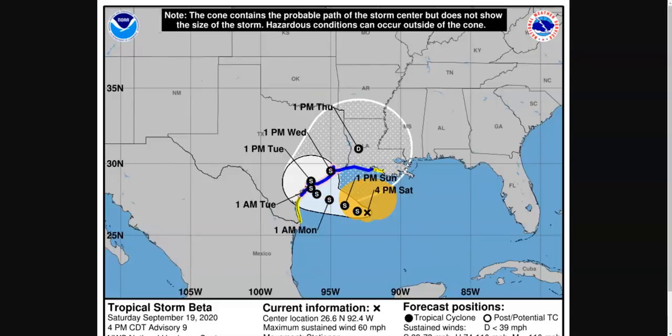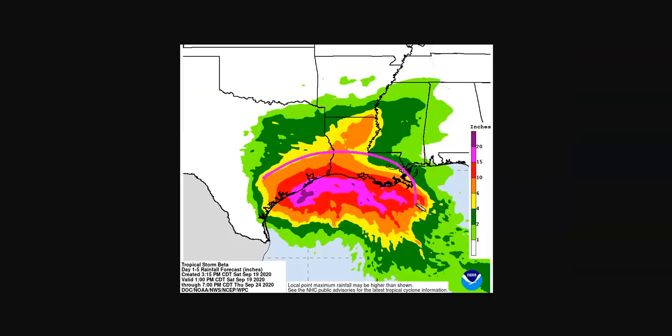And so a lot of water is expected to come down, with potentially over 6 inches in everything that's under the orange contour here. Orange, red, and purple, all over 6 inches of rain, could cause flash flooding issues near the Texas and Louisiana coastlines. Again, very broad area here. Even if the storm is near the Texas coastline, Louisiana getting perhaps some flooding